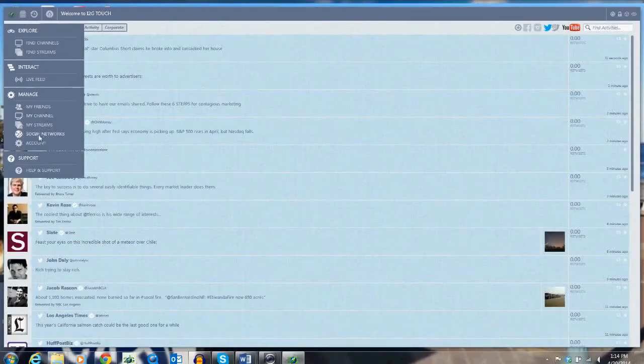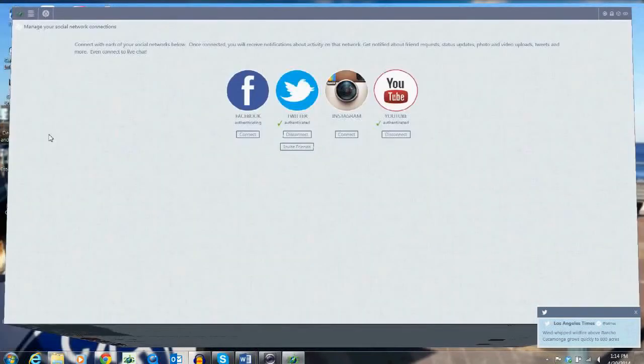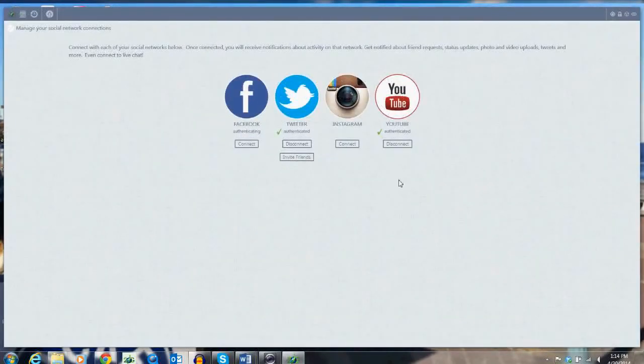You're going to go down here from the main menu again to this social networks link. And when you click on that, it'll take you in here to where you can link to your different social networks. And as we always mention, they're adding more coming in the future. But all you're going to do is click this connect button,